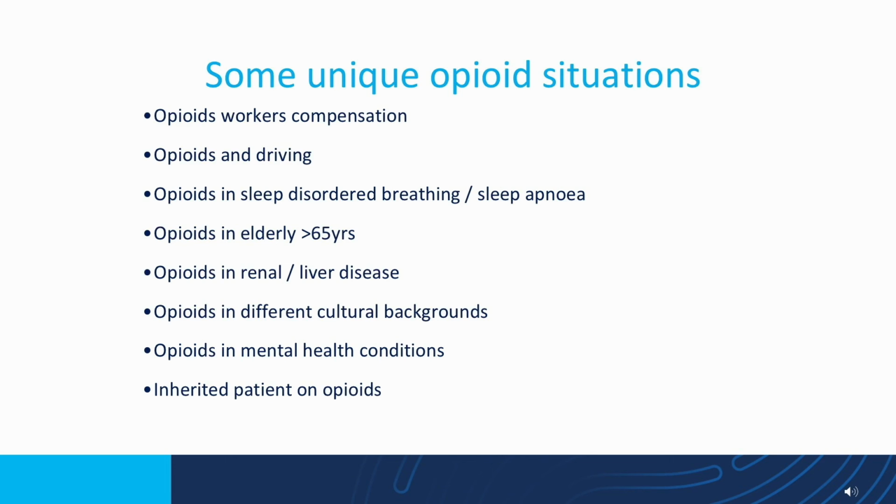Those patients with renal and liver dysfunction, things like buprenorphine, fentanyl, and methadone have very little active metabolites and are relatively safe in those surroundings. But again, I don't think fentanyl is a good opioid for chronic pain per se, but you may want to use something like tapentadol in some situations. Go cautiously, take care. Same thing with different cultural backgrounds and inability to communicate with patients. I'd argue for using maximum non-opioid therapies and allied health therapies and even pain specialist services before you use opioids in these situations.